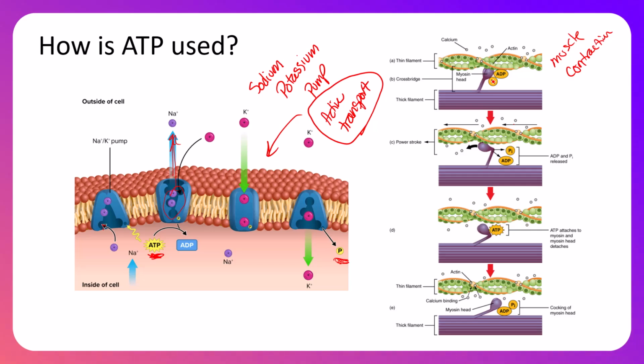And you have these cross bridges, which again, you don't necessarily need to know about, but you'll notice ADP and phosphate. The little Pi just means inorganic phosphate. It's not a big deal. ADP and phosphate. And then you'll notice down here an ATP. So we're still utilizing ATP, but ADP and phosphate are bound to these cross bridges, which allow them to basically stick the two filaments together so that they don't readily slide past each other. That kind of just locks them in place. Once they pop off,